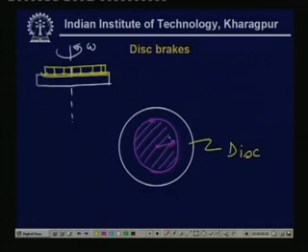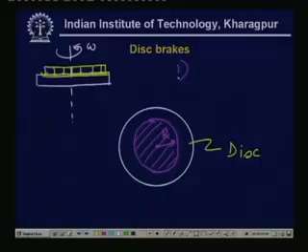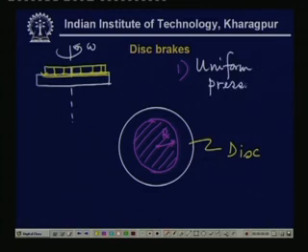So if it has the radius r, then there can be two situations. When the brake is relatively new, then we have the condition of uniform pressure. In that case, the braking torque is known. In that case, the braking torque will be equal to